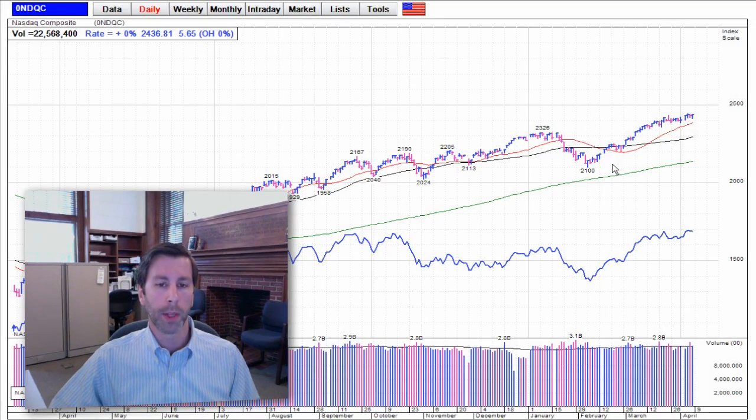Well, the market had another good go of it this week, continuing to grind higher. Now, while that's not the most exciting action, we do think it's quite bullish. As we take a look at the chart of the NASDAQ Composite, you can just see the huge run we've had since early February, and really the straight up run since the beginning of March when the market confirmed